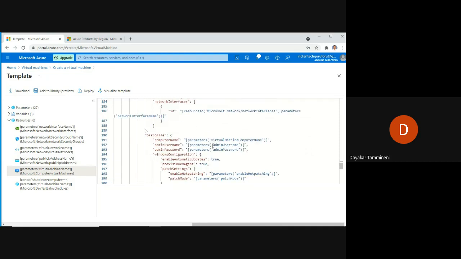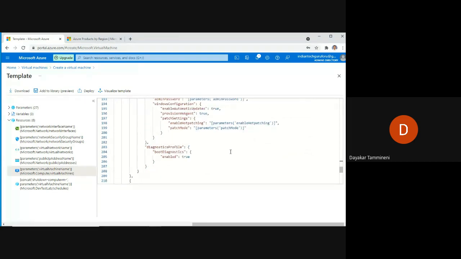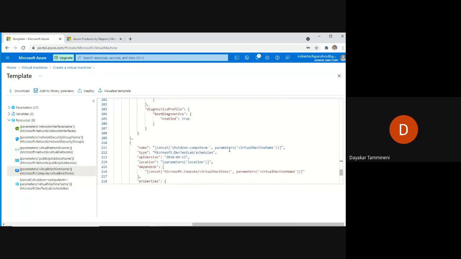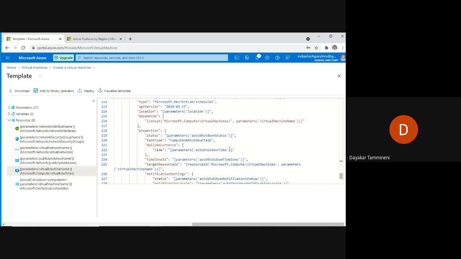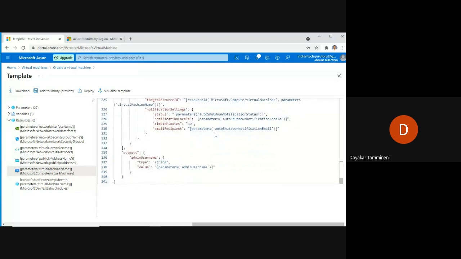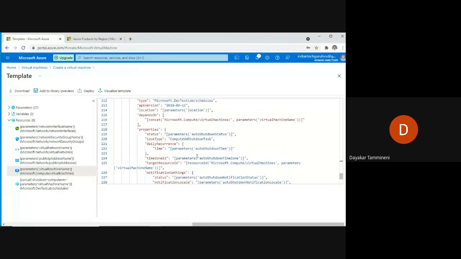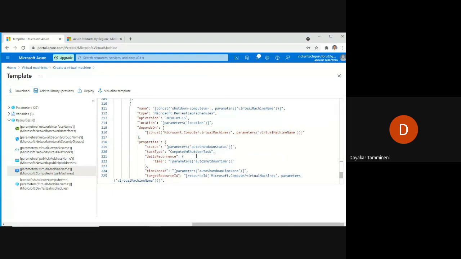Next, here there are two parameters: admin username, admin password. Location, auto shutdown status. So we have given auto shutdown status. These are all the different parameters we have for the virtual machine we have created.